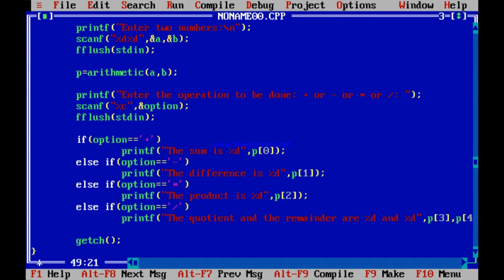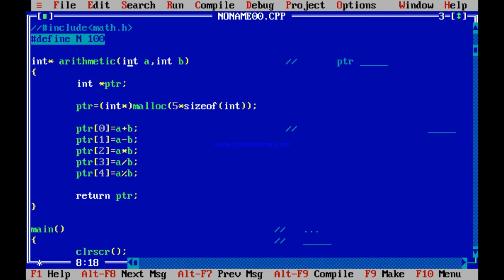But then at the end you should free. But then again, how will you know that if you call arithmetic you need to free? That's why I told you returning by address has to be very carefully done. I think you understand this point. Anyway, you have understood returning by address and you have understood the lifetime of an array. An array stays only till the function ends. If you are returning from the function, the array is automatically freed. That's why int PTR[5] over here did not work. This is the main thing you have learned over here.